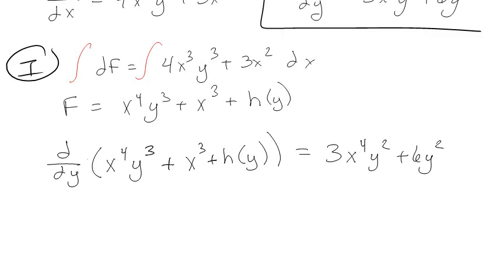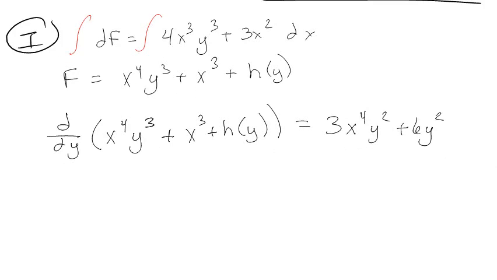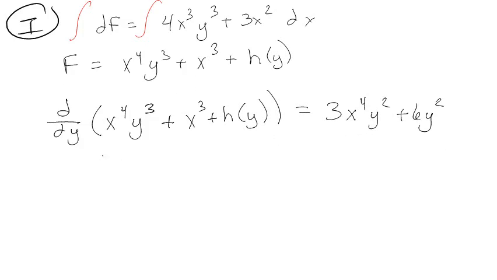Okay, so I'm not doing the differentiation here and setting them equal. I'm saying that when I do the differentiation, they should be equal. It's a little bit of a delicate thing, but hopefully you'll figure it out, and we'll do another example here soon. Anyway, if I take d/dy of this on the left, I get 3x to the fourth y squared